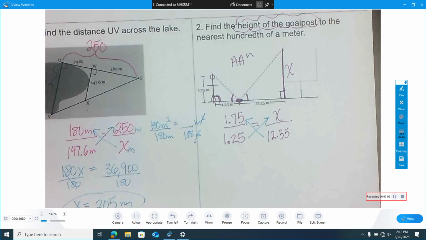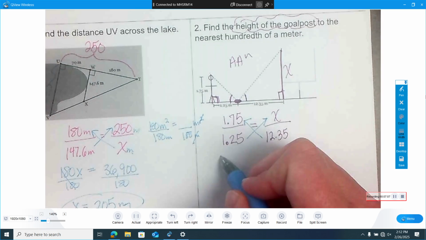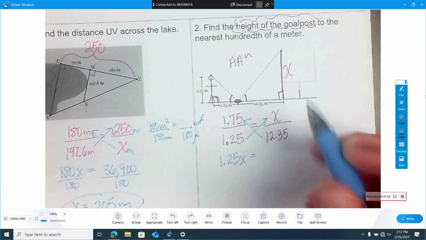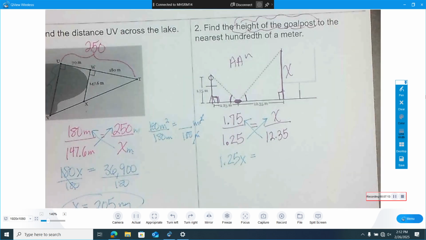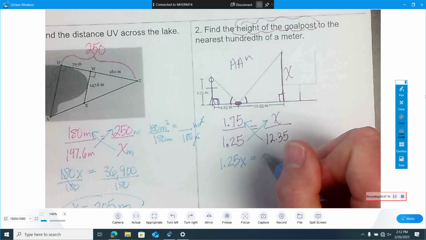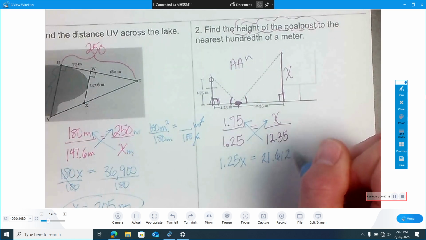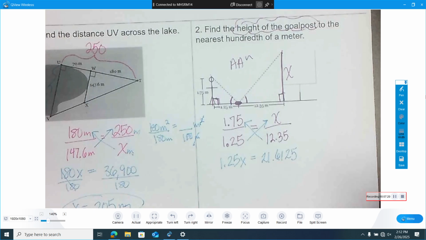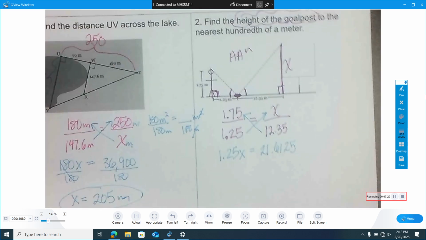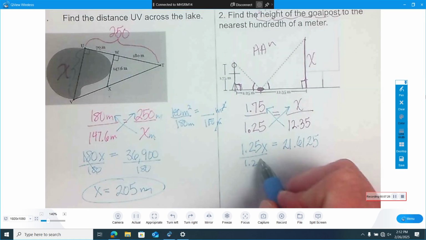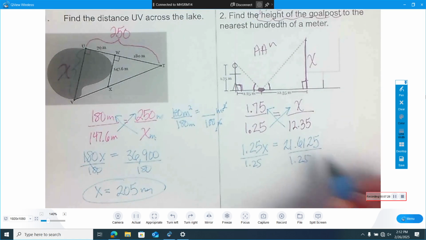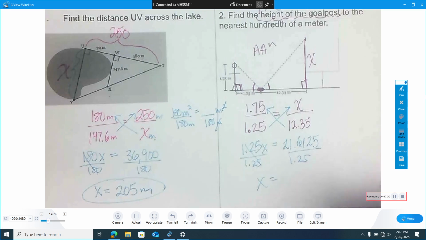All right, so we get 1.25 times x equals 1.75 times 12.35, which is 21.6125. Make sure you keep all the decimals. Don't round anything off. Keep everything. Then we're going to divide by 1.25. So we get x equals